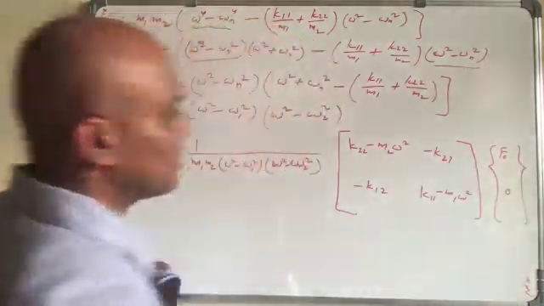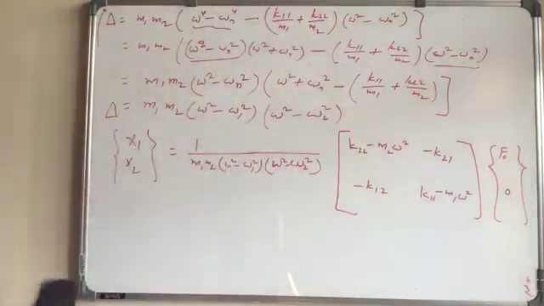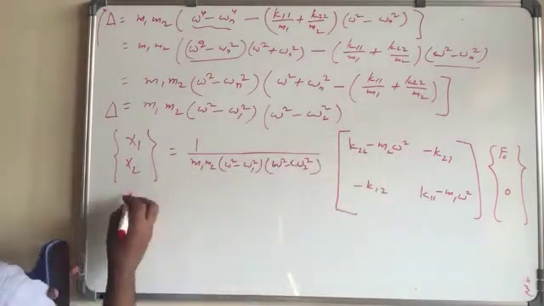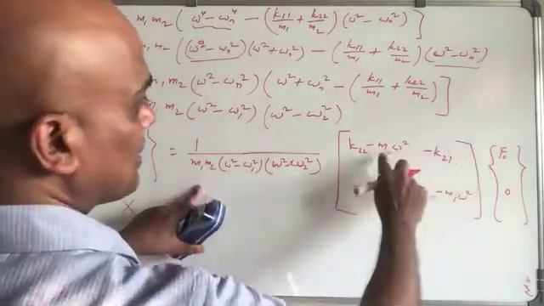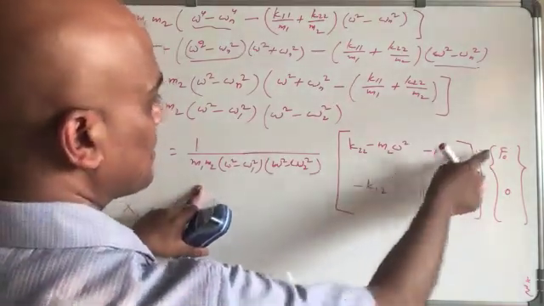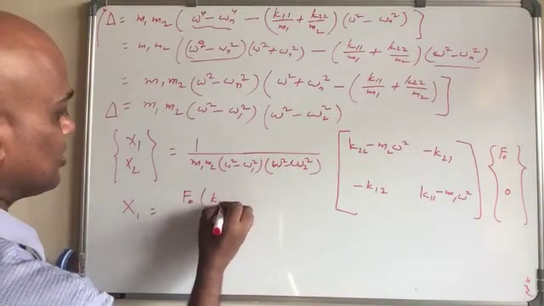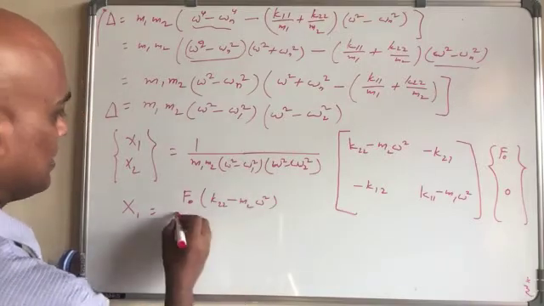That's what that is, right? Okay, and now we can find out x1 and x2. Right? So our x1 will be equal to this. Simply we will have f naught times k22 minus m2 omega square divided by